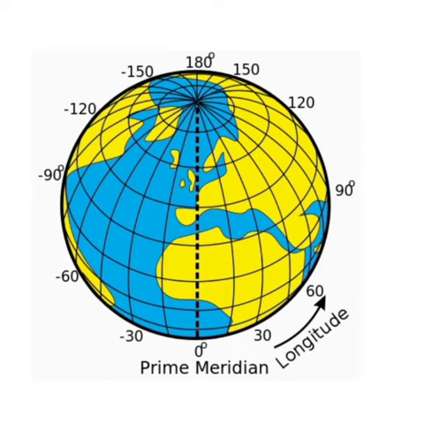So we should always remember that we should write neither east nor west with the 180 degree meridian, because both 180 west and 180 east are the same longitude. It is called the international date line.